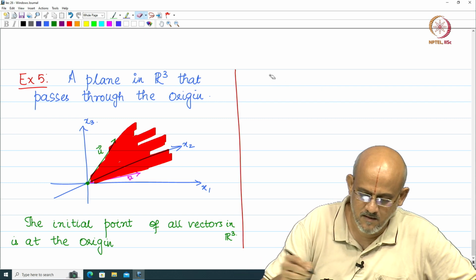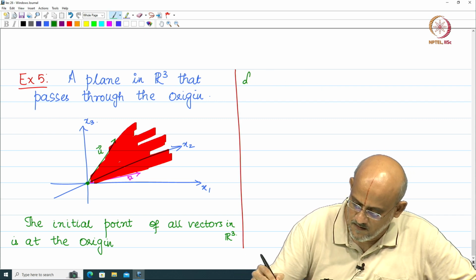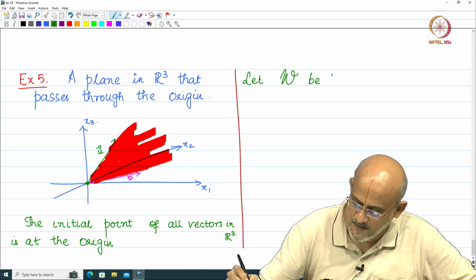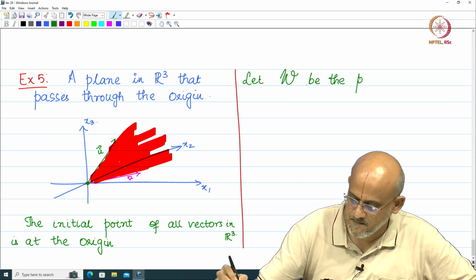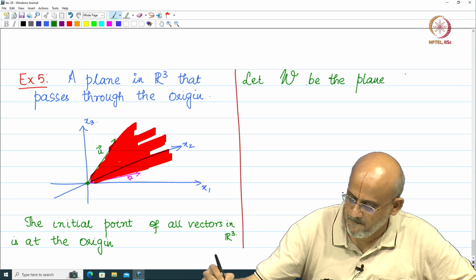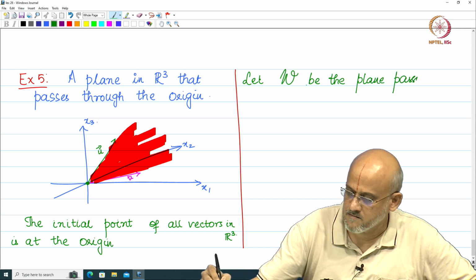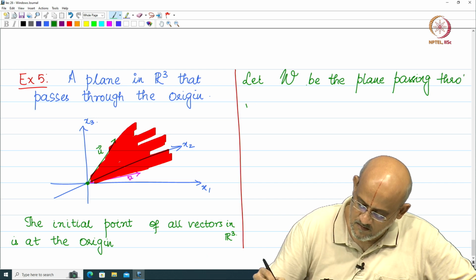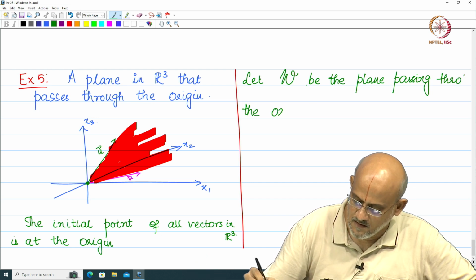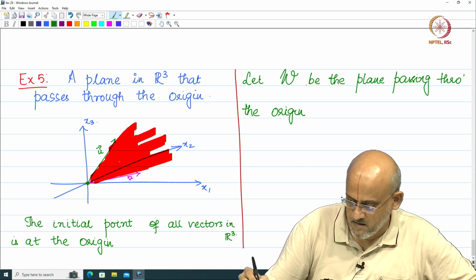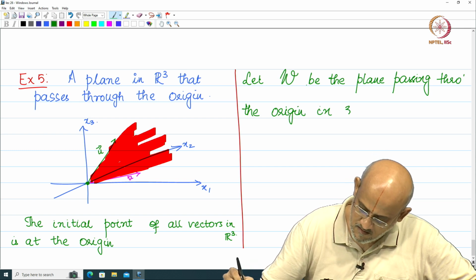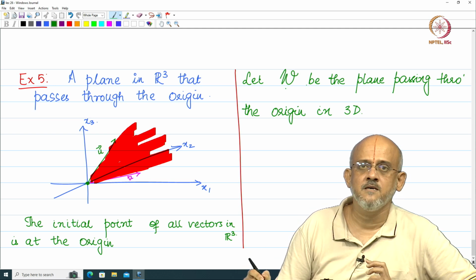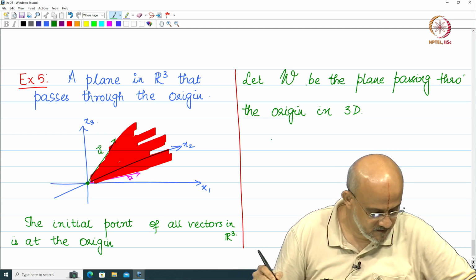So, let us say, let W be the plane passing through the origin in 3D. Yeah, we want to see whether W is a vector space or not. Okay. So, let us look at